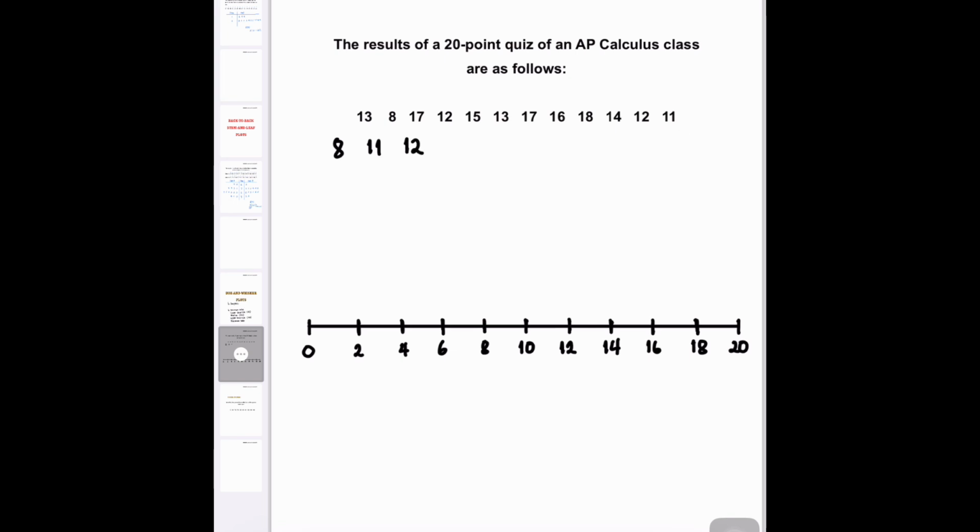So we have two 12s here. Then 13. So we have two 13s as well. Followed by 14, 15, 16, two 17s, and 18. So again, make sure to arrange the numbers and make sure that you got all the correct data values. All right, so after arranging the data values in order, then we can proceed with identifying the key numbers, as